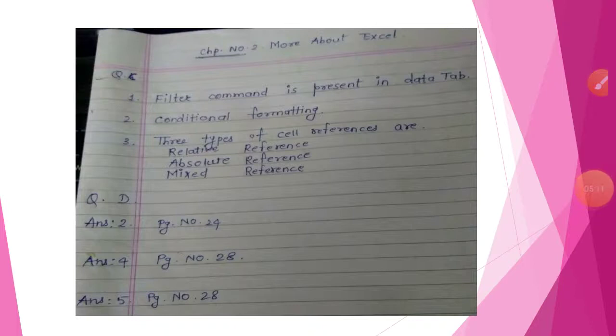On page number 24, the whole page, you will get the answer of question number 2, that is sorting data. Here you will get how to sort the data and how to sort the data based on several criteria. You have to write down only the 3 steps of both the topics. You have to write down what is sorting data, then write down the steps with the topic.